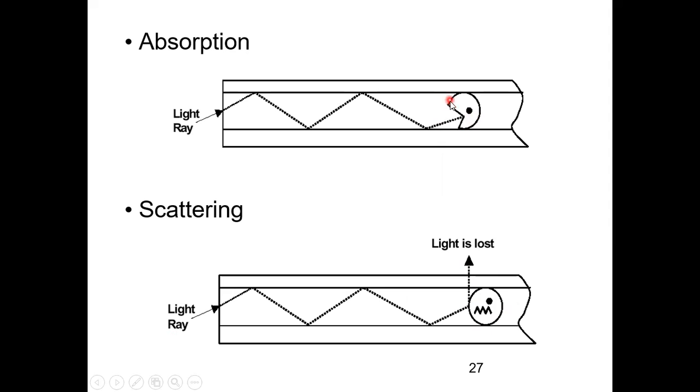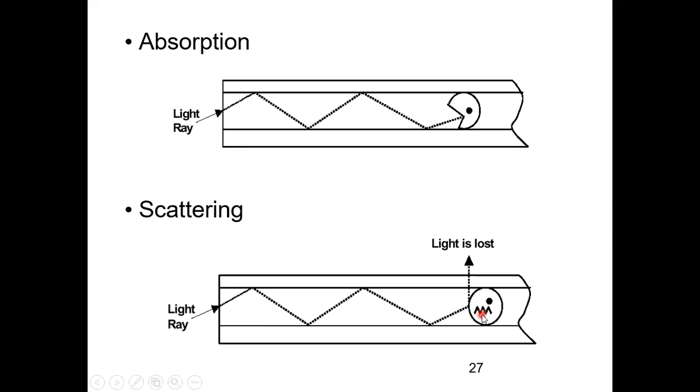Why I'm showing this diagram is just to see the analogy. Here there is an impurity, here there is an impurity. This one has its mouth open, it ate the light. Okay, it has absorbed it. This one has its mouth closed, so what happened? The light struck it, it bounced off that particular impurity which is present. So here the light ray was absorbed by the particle or the impurity that is present.